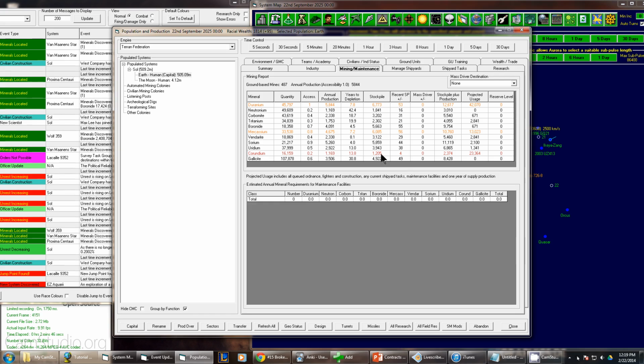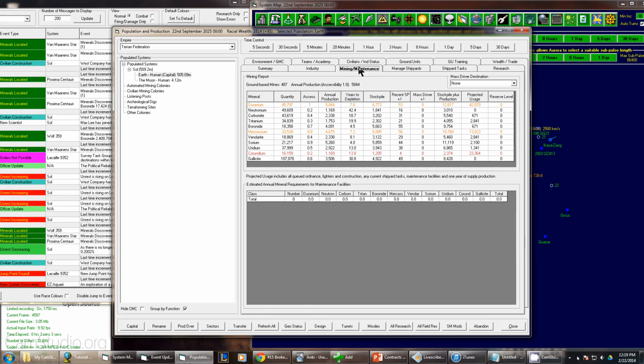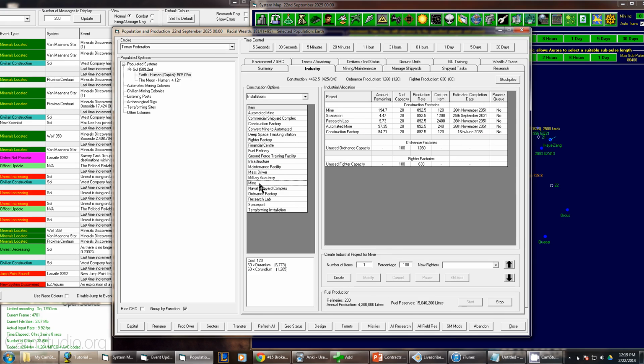The first being that it's a very low access, and the second is because we are building research labs, and research labs cost, I'm sorry, mercasium. Okay, I'm sorry, corundium. The reason we're having problems with corundium, we have two projects of mines going right now, and automated mines cost a lot of corundium, and then regular mines also cost a fair amount of corundium. So that's why our corundium